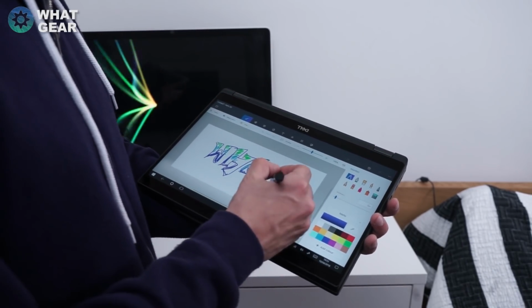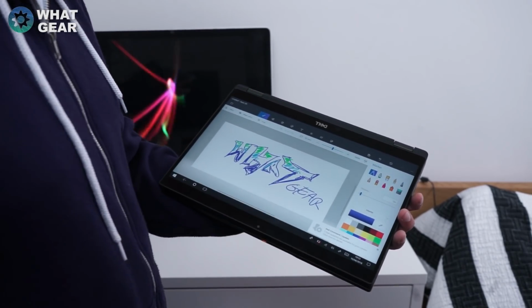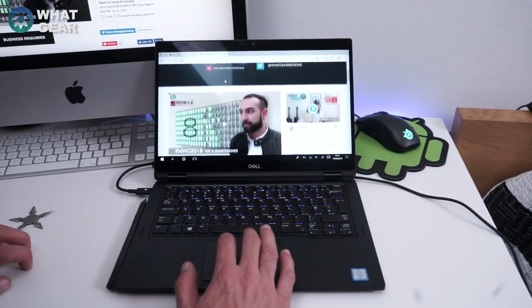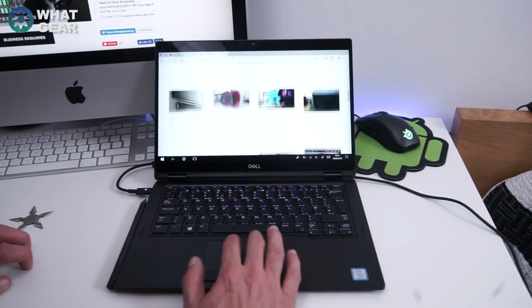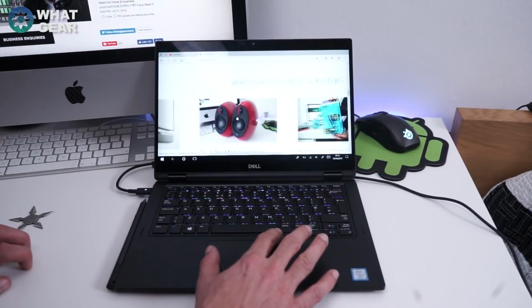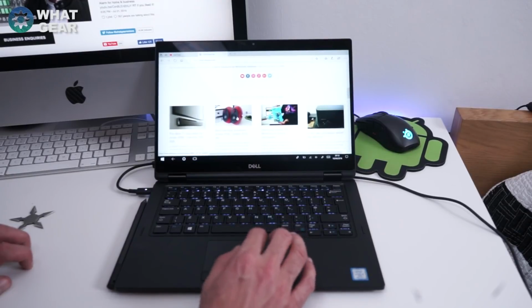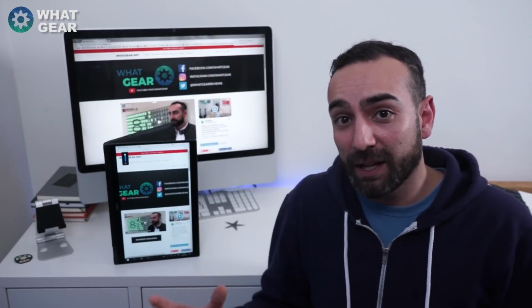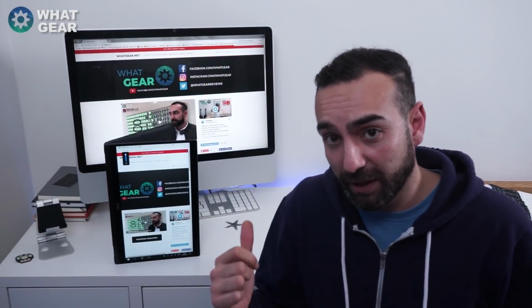Also, Dell's screen can detect palm touches when drawing or writing, so no need to worry about that. The touchscreen has 10-point detection, which could be useful when gaming. The mouse pad also works really well and has some really nice features just like a Mac. And the built-in sound quality is also pretty good for a small computer. It's not going to be amazing when you consider how small those speakers are inside this thing, but it sounds